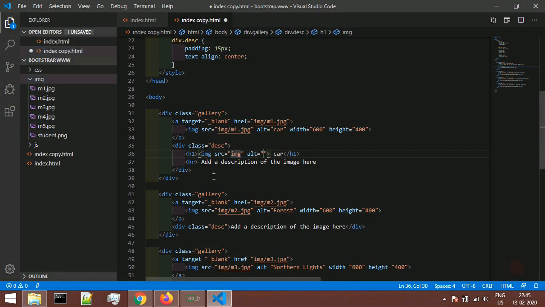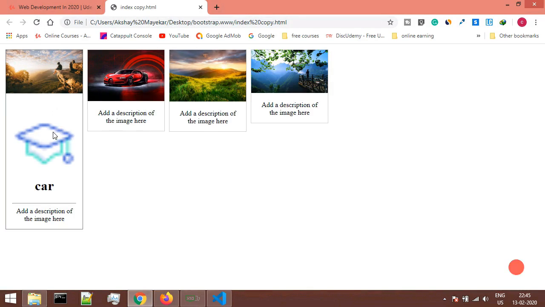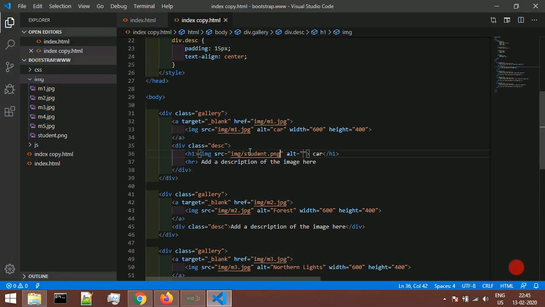I will give the address as image hyphen student, and if I save and come over here and refresh, then this is how I'm getting. So basically this icon is a little bit blurry because it is really very small and it has been stretched to show itself in a bigger way. Okay, so let's just ignore this thing. Let me just remove this because it is not giving a very good look over there.